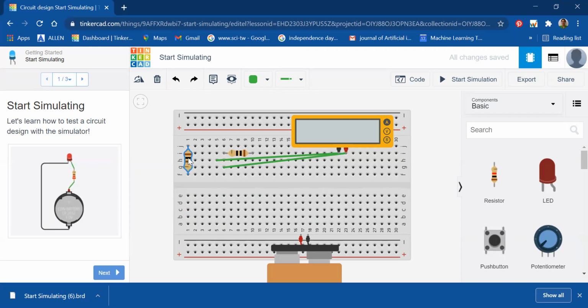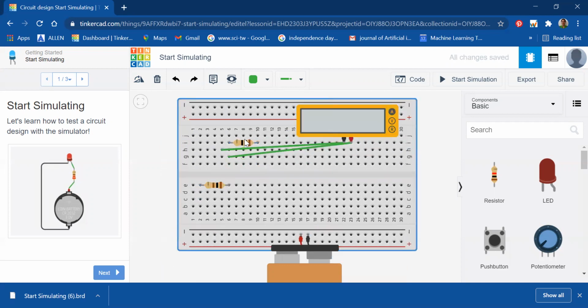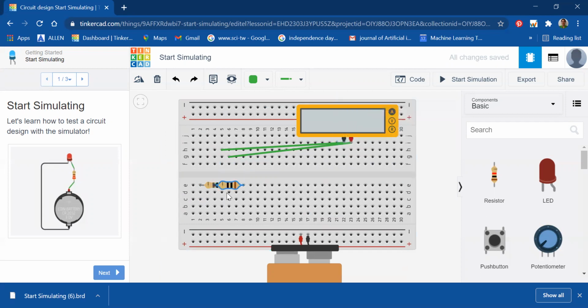So if we have to go for the parallel combination, let me rotate it so that I can tell you the series and parallel. If you want two resistances to be in parallel, then you can take this resistance and put it like this. So both starting and ending are at the same place. That means they both are in parallel.